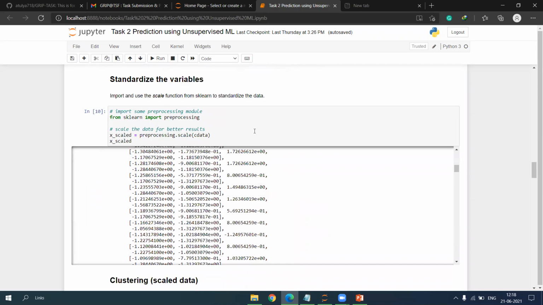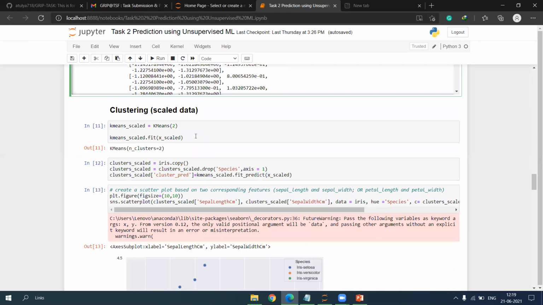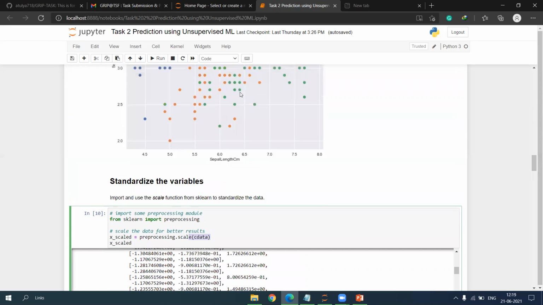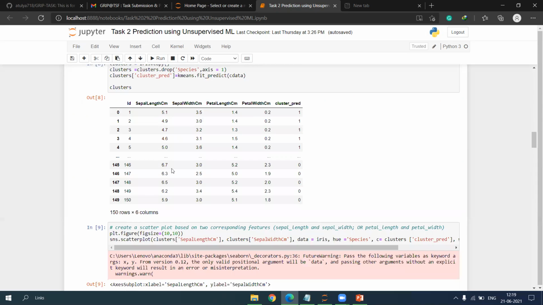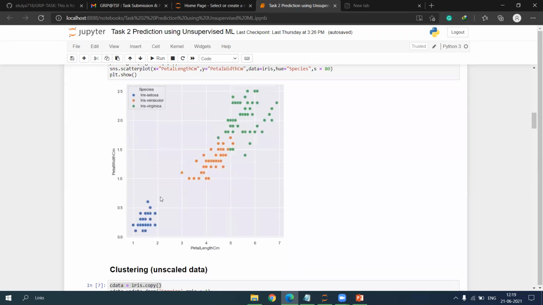Now I have standardized all these variables and performed pre-processing on the copied data named cdata. Then I performed a scaling process to get it under the same scale.